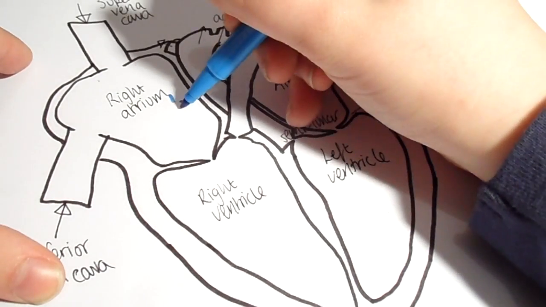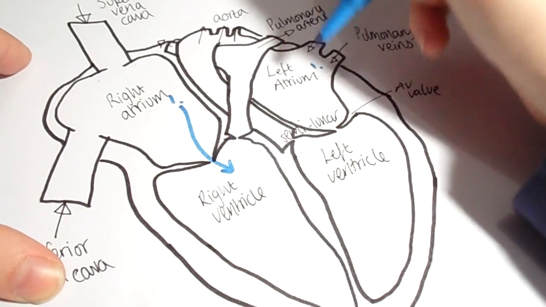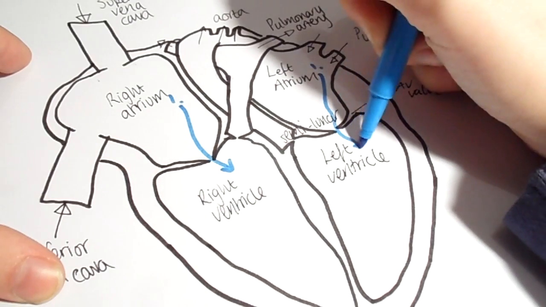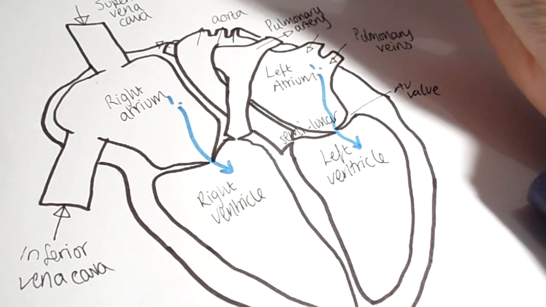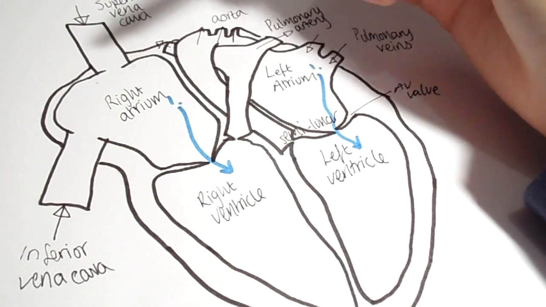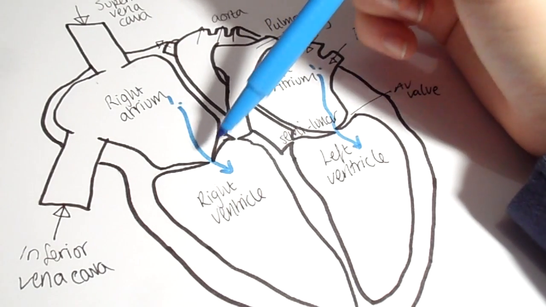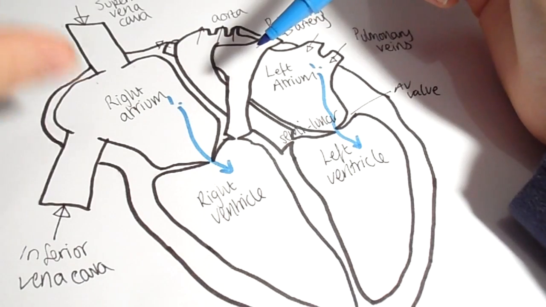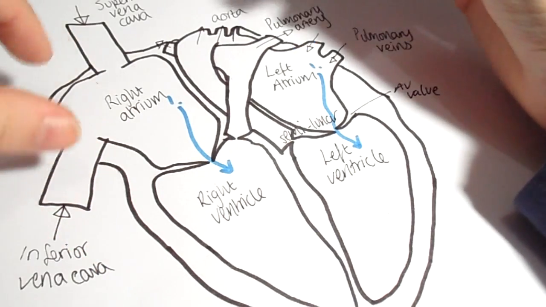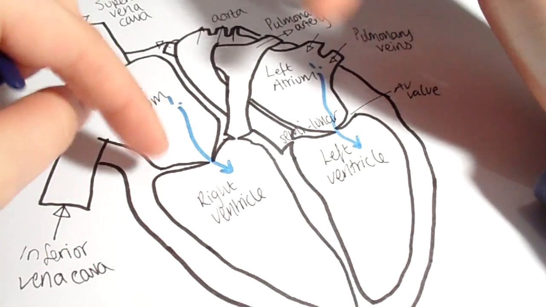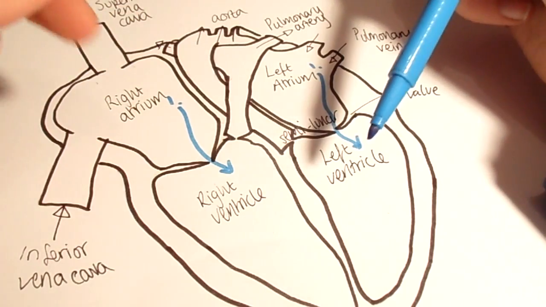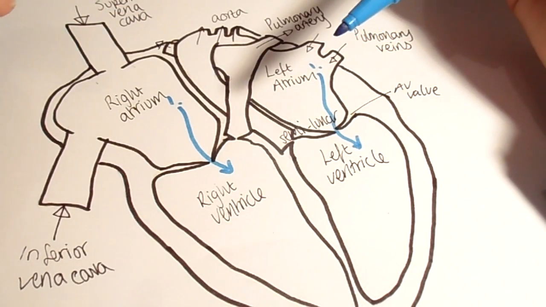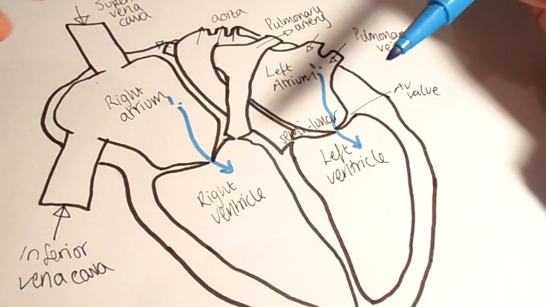From here, blood passes through into these ventricles through the valves, and the valves open because the blood pressure increases in the atria, so they open automatically so that the blood travels down into the ventricles. When it's in the ventricles,